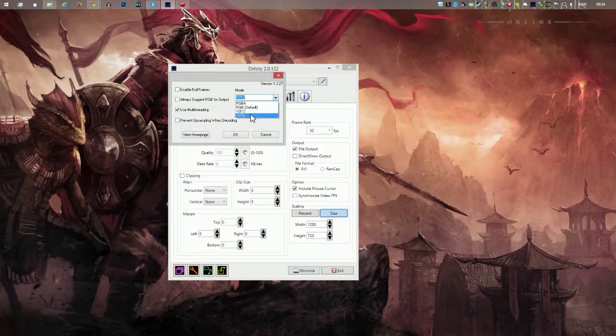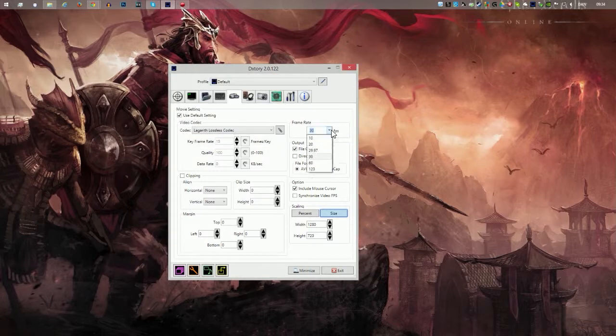And you can just go for the last one here, YV12. It's perfectly fine, gives you perfectly good quality, but it reduces the file size, so I would recommend you guys use that. You won't see a big difference between these anyway, so use that one. And of course YouTube is also compressing your videos even further when you upload it, so there's no need to go higher. Click OK. Click the frame rate you want, and if you want your mouse, click that one. And here you can do clipping and all that, and you can scale process and size, and I normally just record in 720.